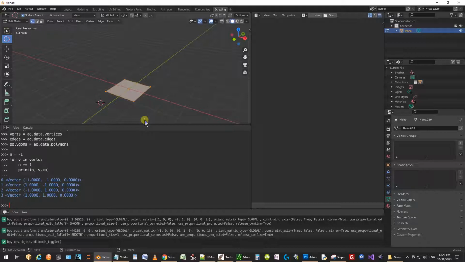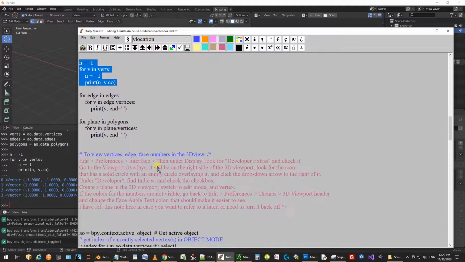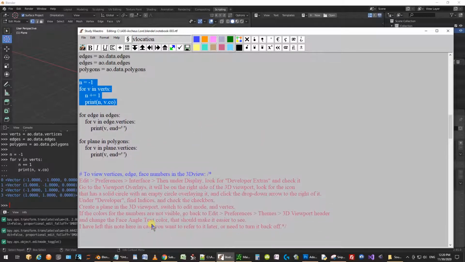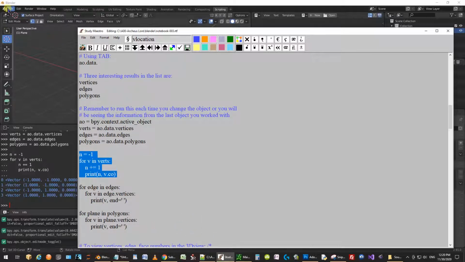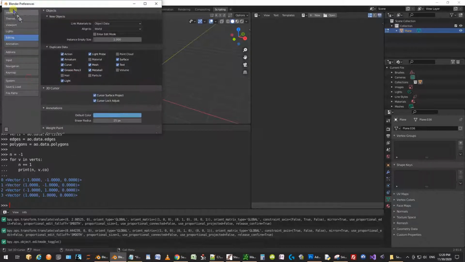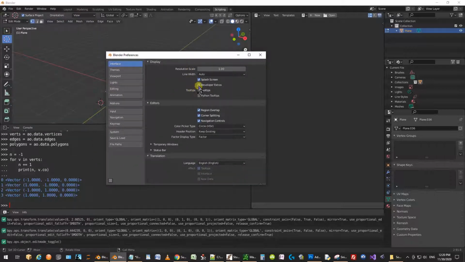vertices. And now I want to show you a trick that you'll find in the guide here, just in case you want to do it and maybe reverse it later on, you've got a reference on how to do it. Now if I can remember, let's see, so edit, go to preferences, go to interface, and then look for developer extras, click on that, and